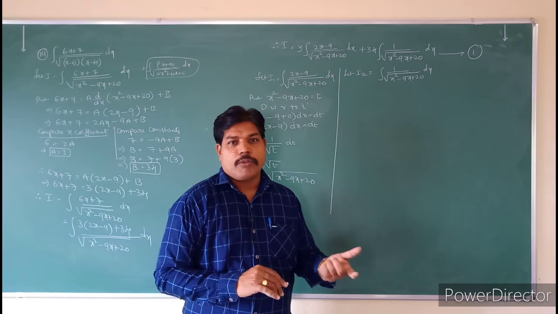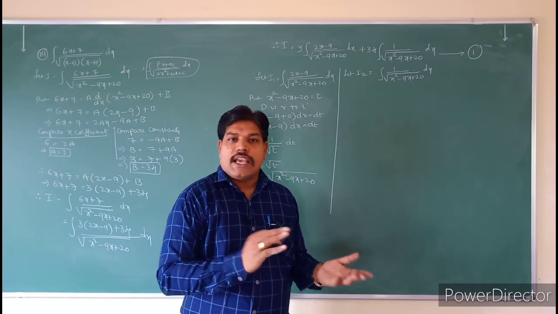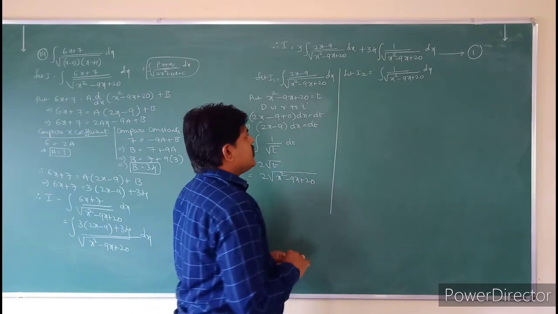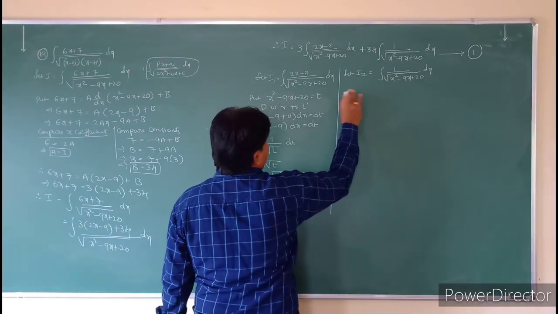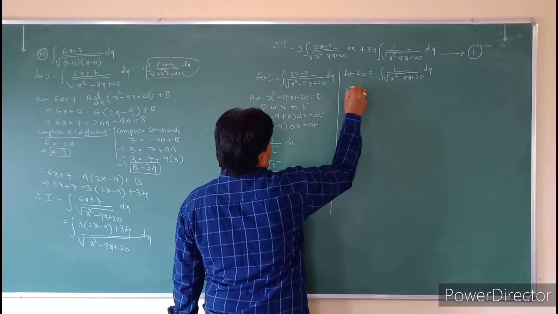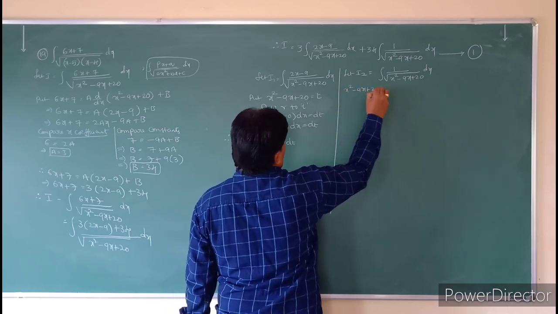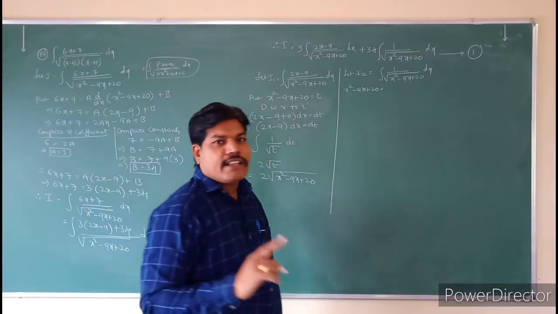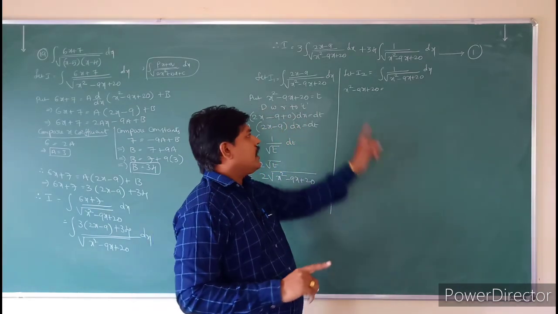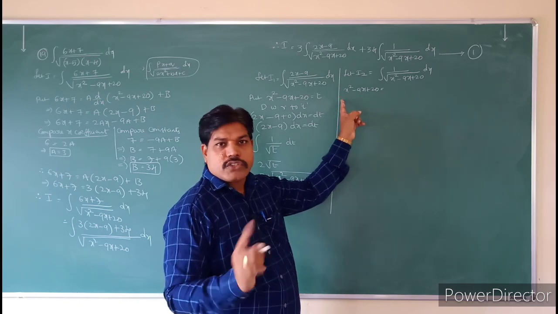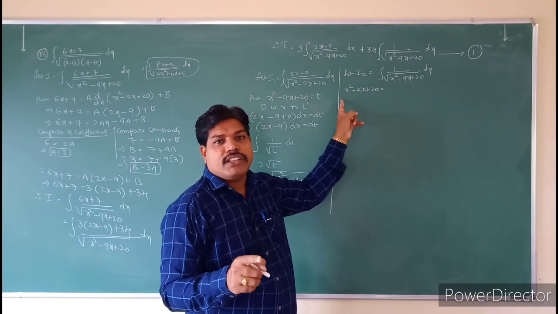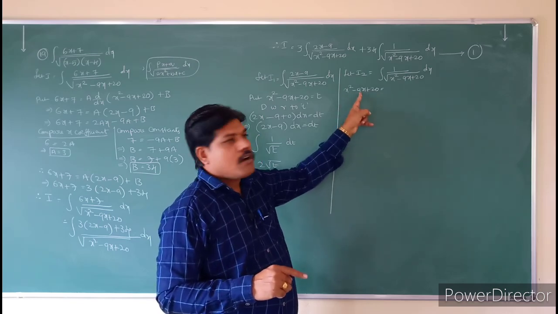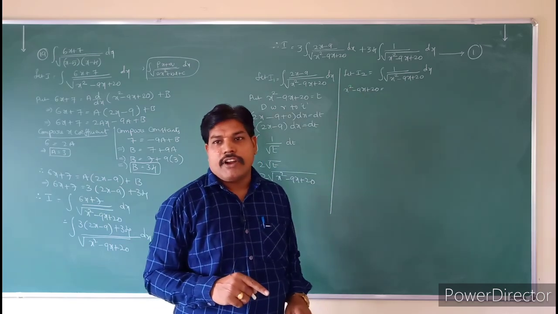You have to convert the denominator as x square minus a square, x square plus a square, or a square minus x square. Same model. So see that one, how to convert this value is, first we will take that x square minus 9x plus 20. So how to simplify this? I already told that one, just take the x square coefficient common, but here the x square coefficient is not there. Next step, you have to multiply and divide the x term with 2. But here 2 is not there, so compulsorily you have to multiply and divide with 2.